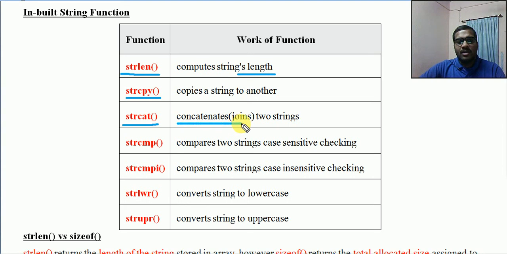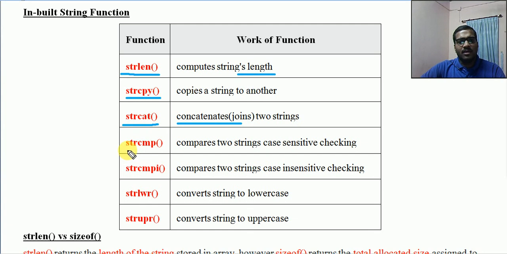It concatenates two strings. The meaning is simple: it joins two strings. If you have two different strings that need to be joined together as a single string, there we can use the predefined function called strcat.